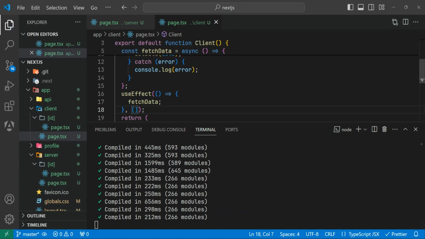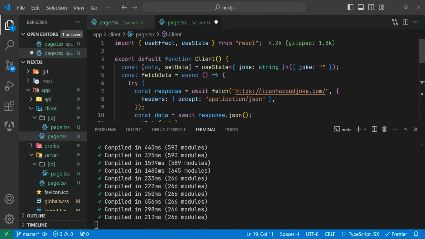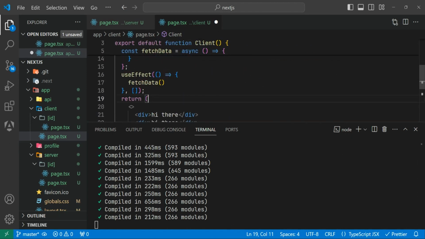If I use an empty array, it will only run this useEffect when the component is initialized. But if I don't use it, it will run every time something changes inside this component. But in this case, we can use it when the component